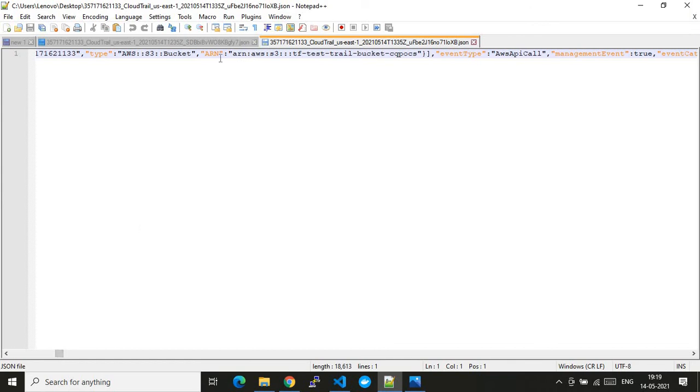If you see, it is all about the type equal to S3 bucket. It says that somebody has created a bucket in your account. So that kind of message has been pushed into the S3 bucket. So what does this help us with? It helps in many tasks: if you want to do some automation, if you want an audit, or if you want to do some other job. This kind of logging option will definitely come in handy.